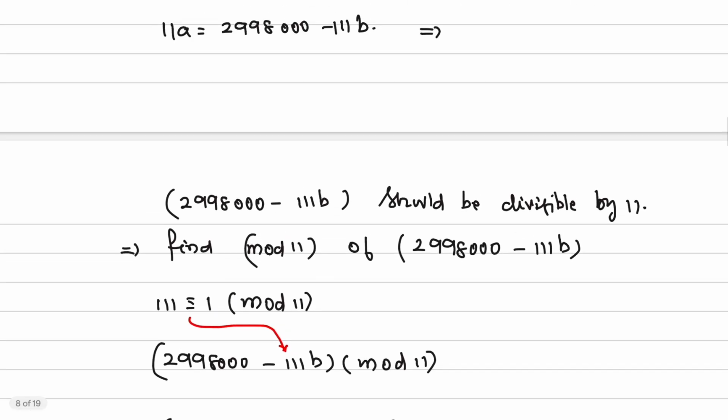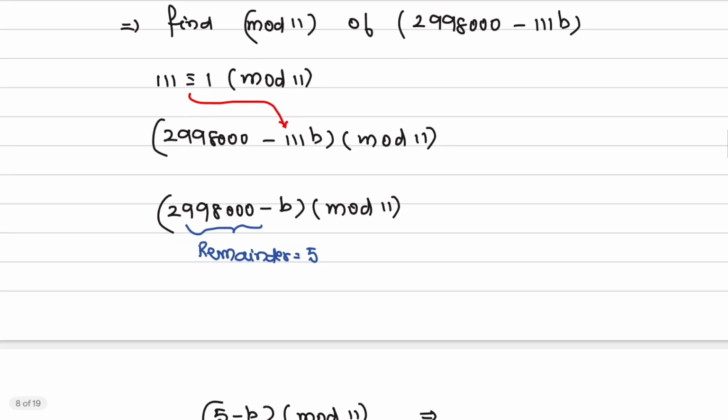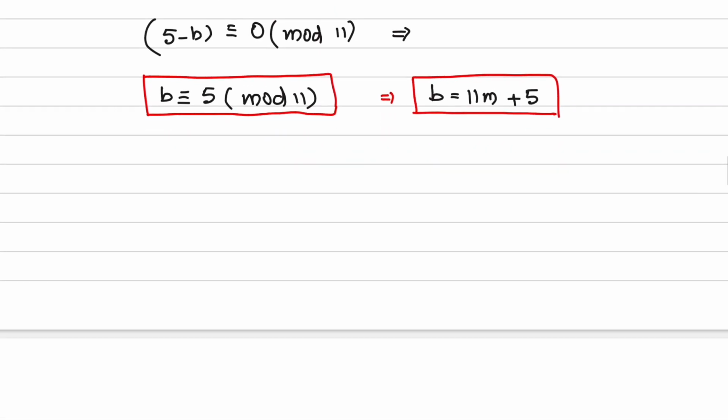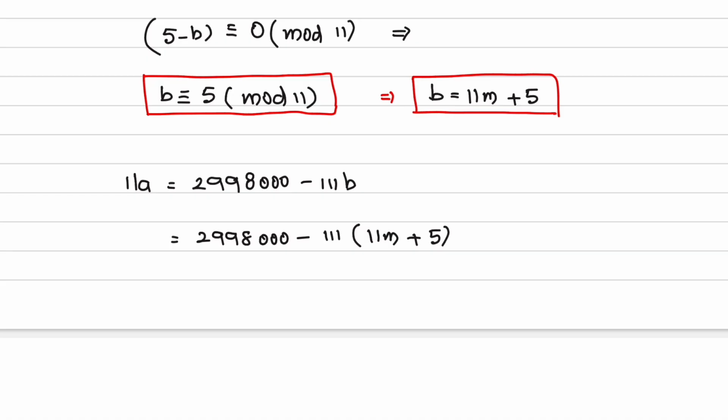The original equation is 11a is equal to 2998,000 minus 111b. 11a is equal to 2998,000 minus 111b, that is equal to